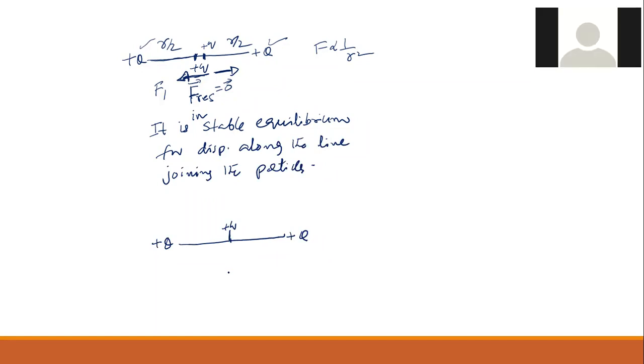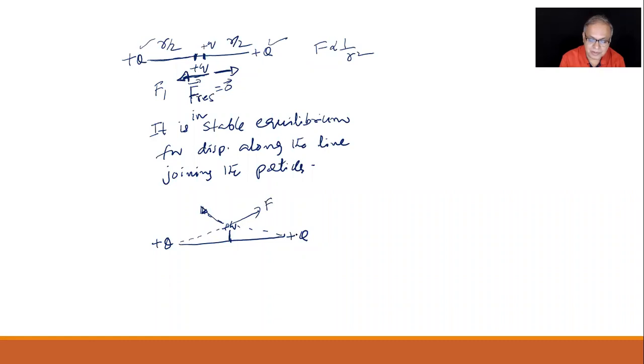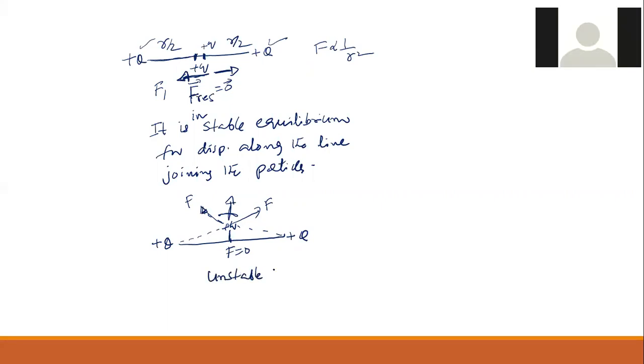Sir, look, there's a repulsive force this way. There's a repulsive force this way. Sir, it is still stable. Look, this will push it away like this with F. This will push it away with F. So where is the net force? Like this. That means it will go away only. It won't come back. Unstable equilibrium. So at this point, force was 0. But if I take it a little up in the transverse direction, it won't come back. So this is unstable equilibrium.